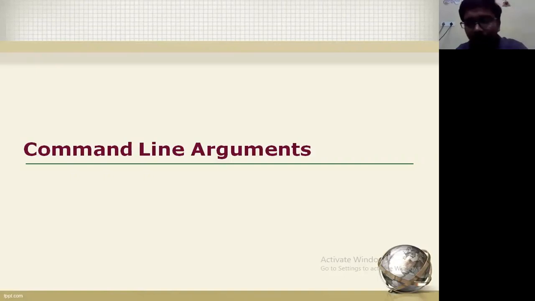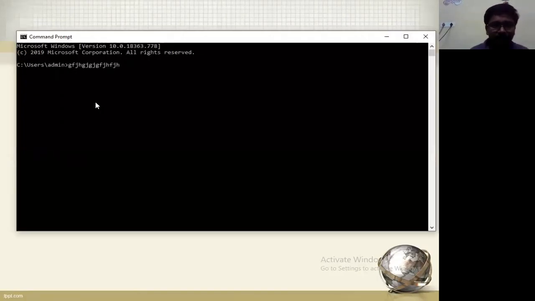Command line arguments. What is command? What is arguments? Inputs. Command line means this blink. This is the command line. Here we are going to pass our input to our program. That is the meaning of command line argument. In this black screen, you can find one blinking, that is called the cursor. This total line is called the command line. All these typing words are command line arguments.